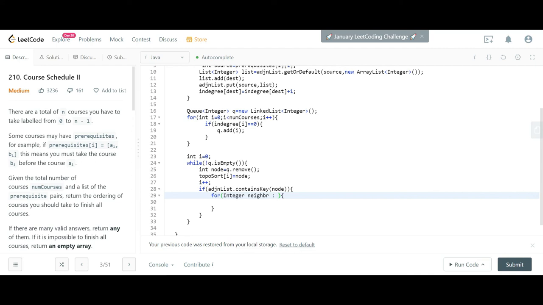So that will be adjacency lists dot get node. So we will get the array list, which is the number of neighbors.